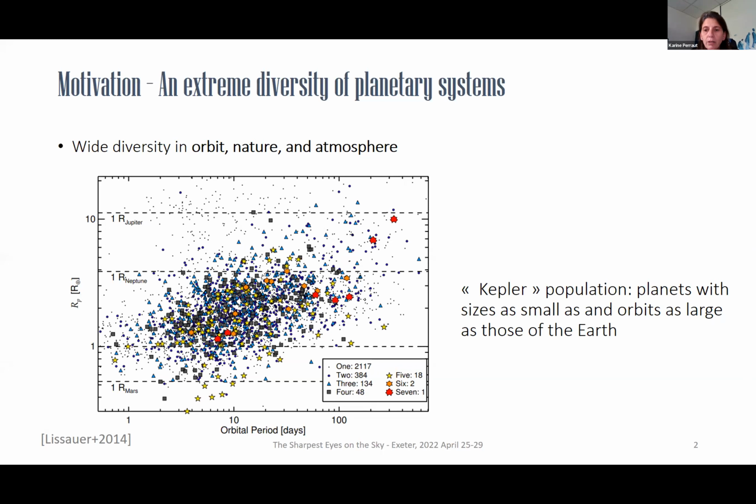In particular, the Kepler population, as depicted here in this graph, reveals planets with sizes as small as and orbits as large as those of the Earth. The origin of this large diversity is still unknown. And to constrain favorable conditions for planet formation, we need to know where, when, and how planets form.